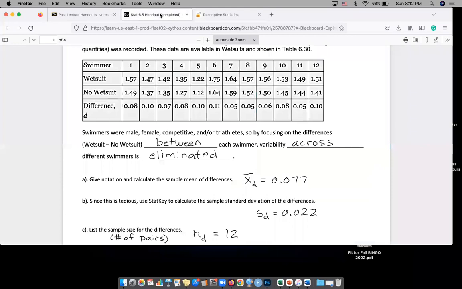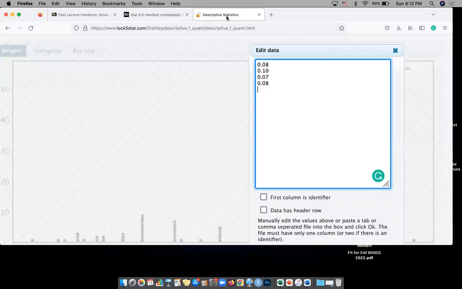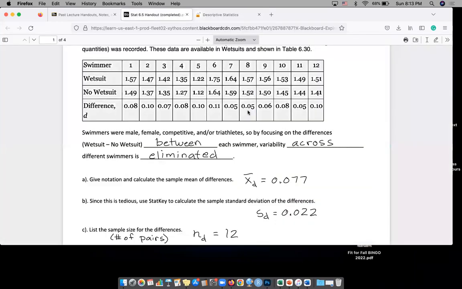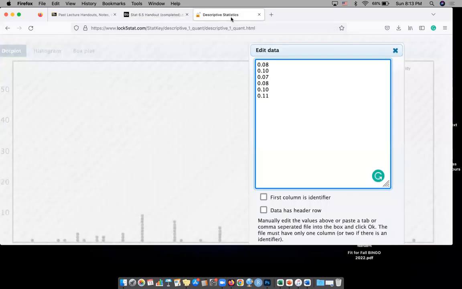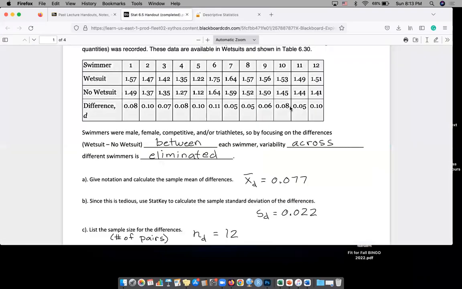Just be careful to type 0.10 and 0.11. Then we've got 0.05, 0.05, that repeats twice. And then the next one I saw was 0.06. And then just a few more here: 0.08, 0.05,